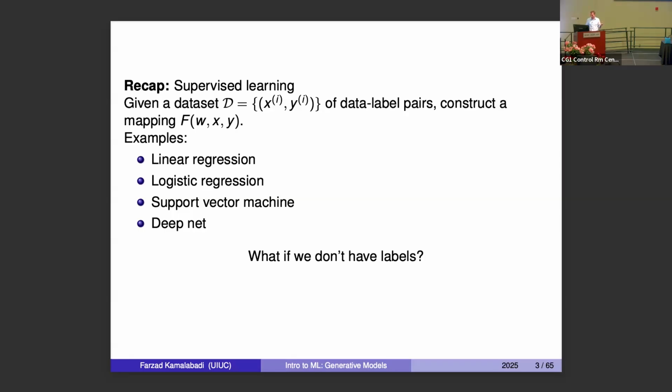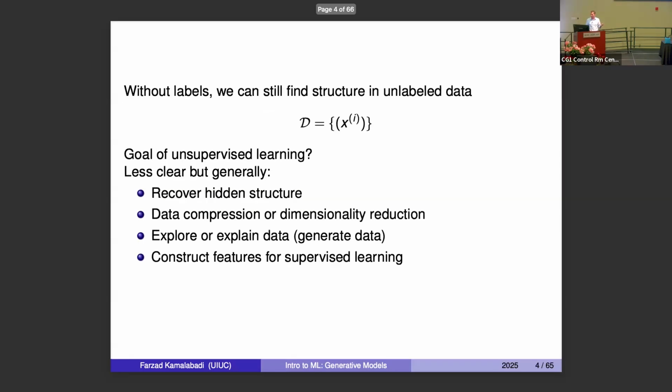And again, we are in the regime today where we don't have labels. So what does that mean? That means we have the set D of data only. So just think of it as a scatter plot in 2D, okay? That's the 2D example, but of course we're talking about n-dimensional space. And I have summarized some of these.